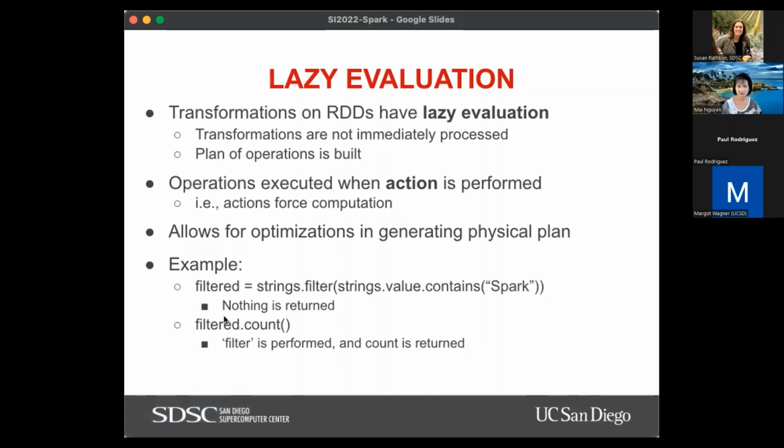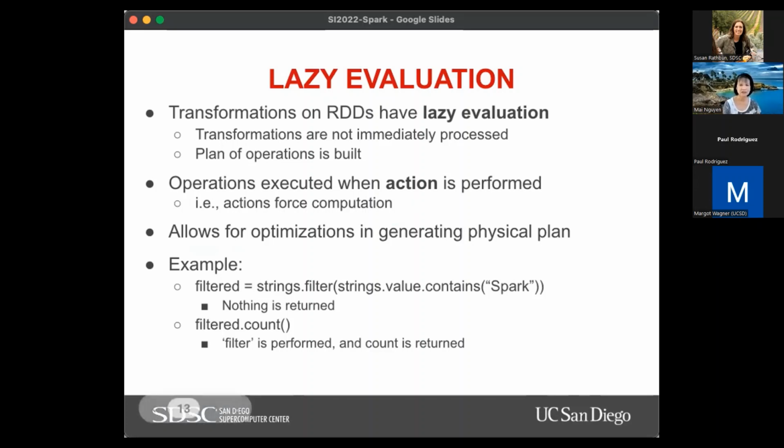Another important thing to note about RDDs is that transformations on RDDs have lazy evaluation. The operations that you define on an RDD are not immediately processed. Instead, behind the scenes the Spark engine will build a plan of operations. It has this list of transformations that need to be applied to this RDD. It doesn't process each one as soon as it's applied, but builds a plan of operations, and these operations are executed only when an action is performed on that RDD.